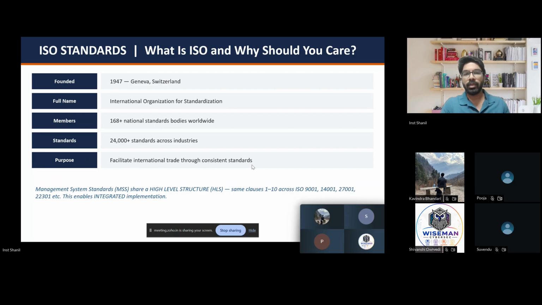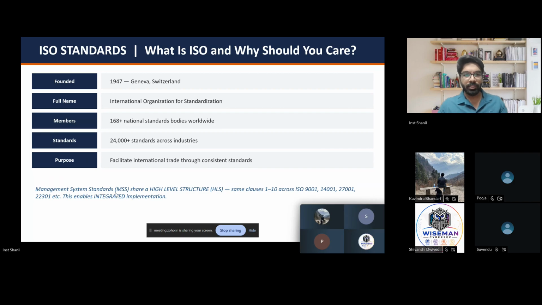As we were talking, what happens when we obtain an ISO certification in our company name? It gains recognition in the international market. For example, your company is situated in India and you want to do business in the US. How will you provide satisfaction to the US client that we are a good company? If you have an ISO standard, you can just provide the certificate that we are ISO certified. We follow a separate set of controls which is specially designed for us, and you can easily rely on our processes. That's where the ISO standard is very important.